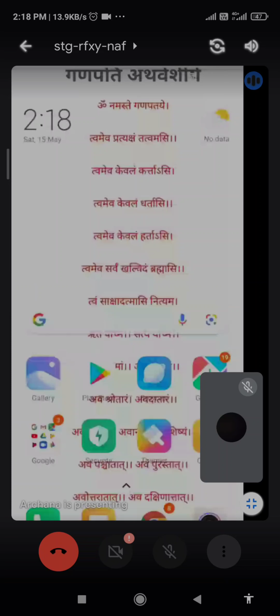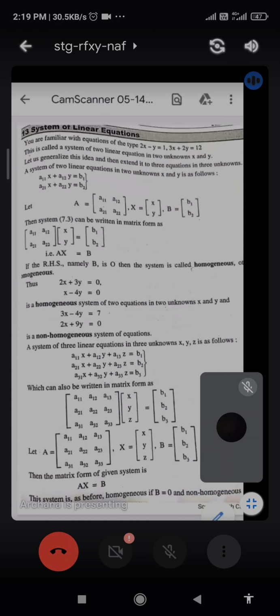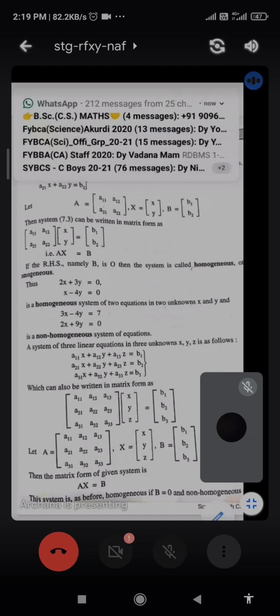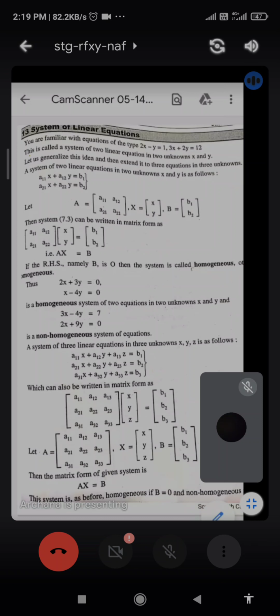Okay. If we observe these two linear equations, here if I put x is equal to 0 and y is equal to 0, I definitely get LHS is equal to RHS. I will definitely get 0 is equal to 0 for both equations. So always remember that in a homogeneous system of linear equations, there is only one solution which exists, which is x comma y is equal to 0.